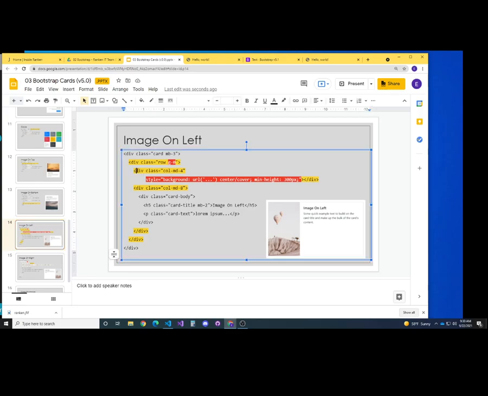Images on left. You'll notice the images on left, they did a background image. So what do we have here? We have a card. Inside of the card, we've got a row. The row has two columns, one-third and two-thirds. And they give it a minimum height. Now, could you just use an image tag in here? Yeah, you probably could have just used an image tag. You don't have to do a background image like this slide shows, but